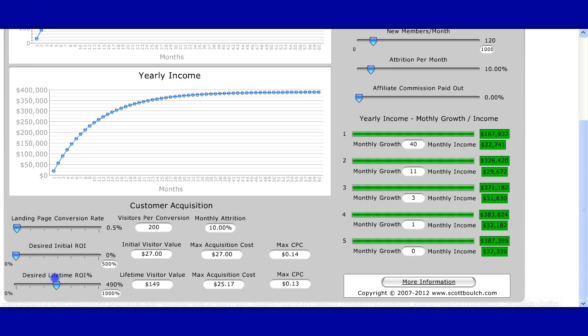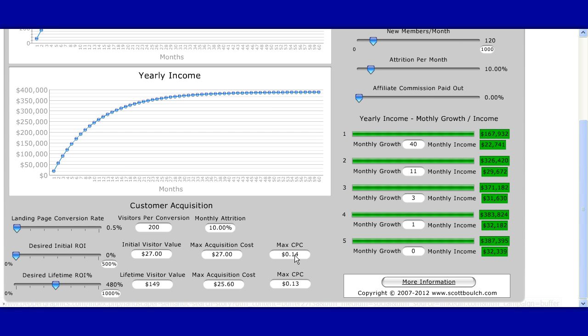Okay, so it gives you these numbers here, and so your cost per click at a 0.5% conversion rate. That means 1 out of every 200 people who see your sales message is going to buy. That means that you could spend 14 cents per click. And for those of you who are familiar with Google and places like that,